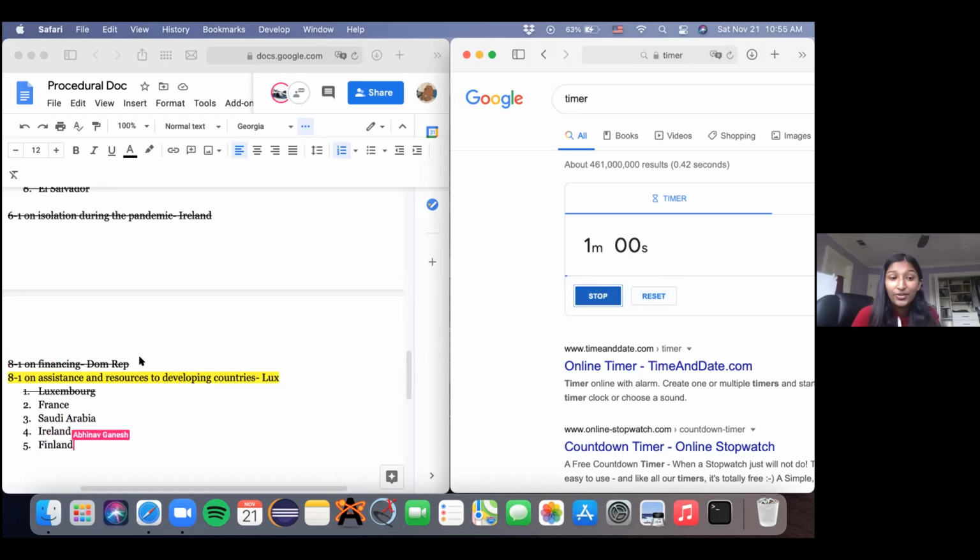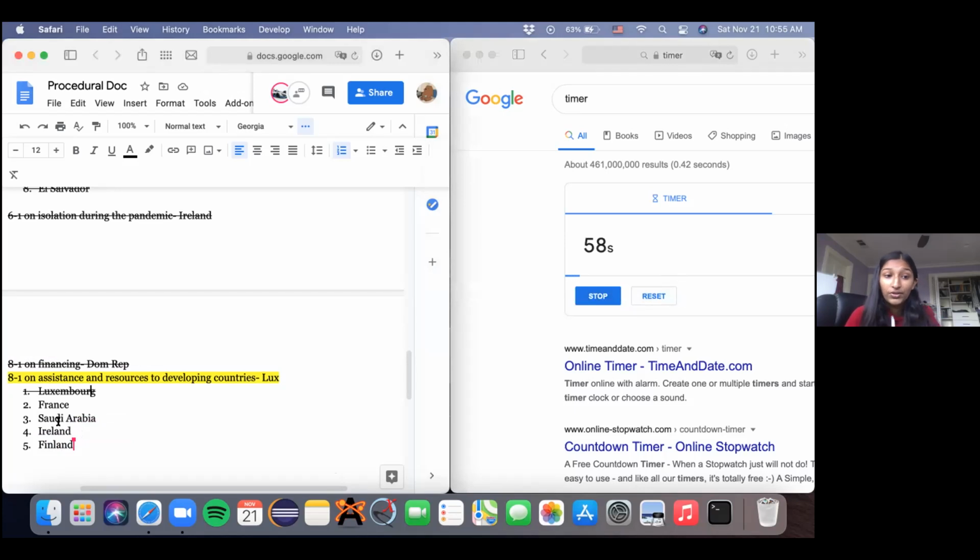So I agree with the nation of France and how they want to assist resources to developing countries. I would also say that this would be developing countries and rural areas, because both are in desperate need of more mental health services. We really want to include campaigns that help destigmatize mental health, especially in rural areas, which are more, I would say, conservative or more